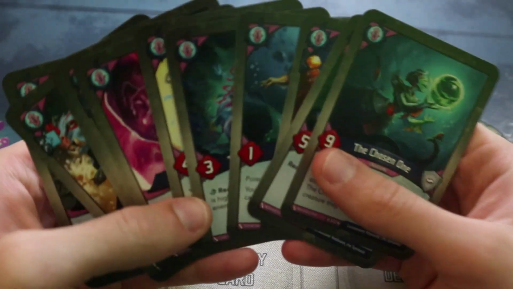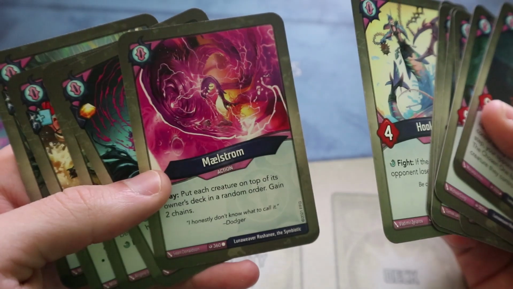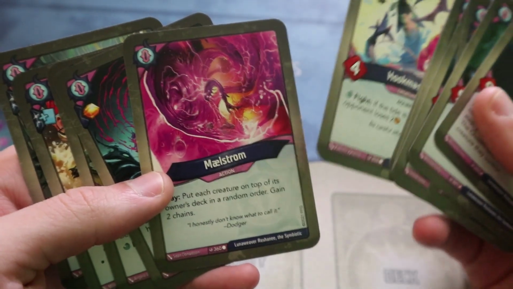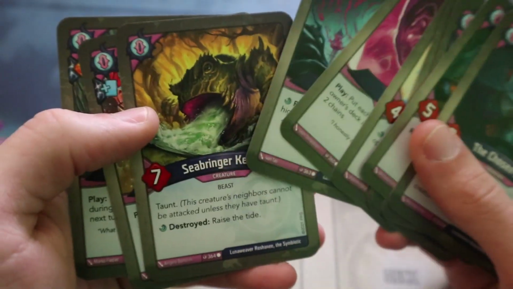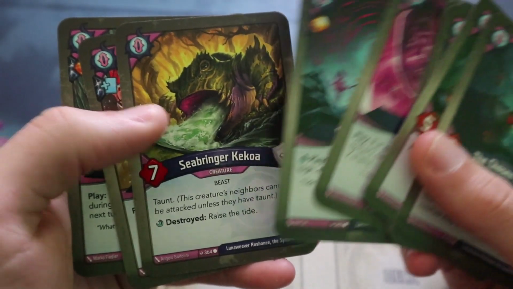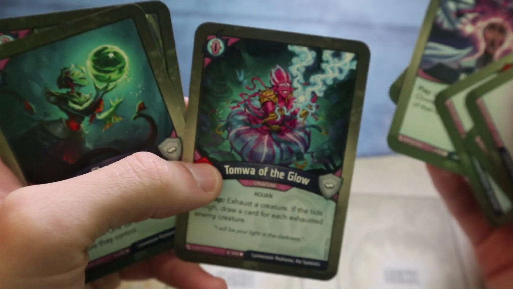Now over on to Unfathomable, we have some really cool stuff. Obviously Maelstrom is awesome. Having a board wipe is huge. Seabringer Krakoa I think is a fantastic card. Just a really big body with taunt is huge, and that lets you protect things like the Chosen One, Tomwa of the Glow, or even some